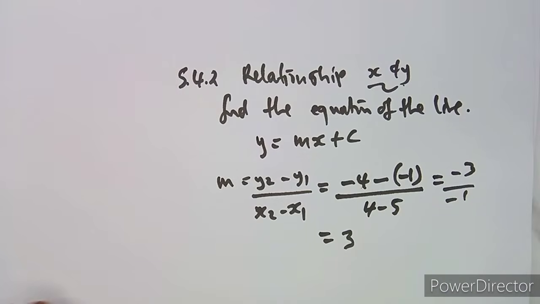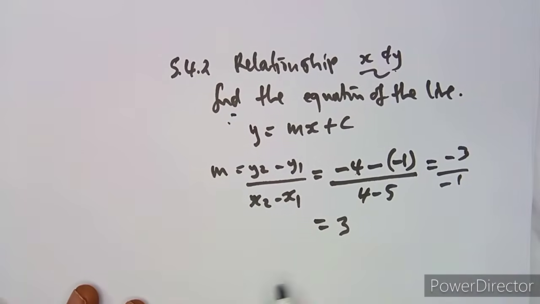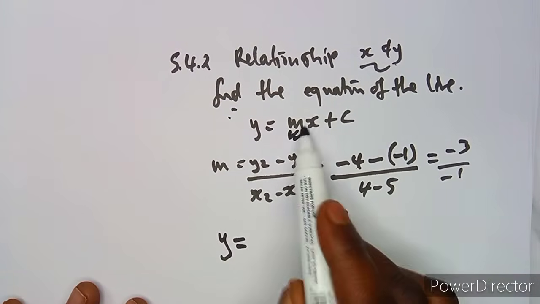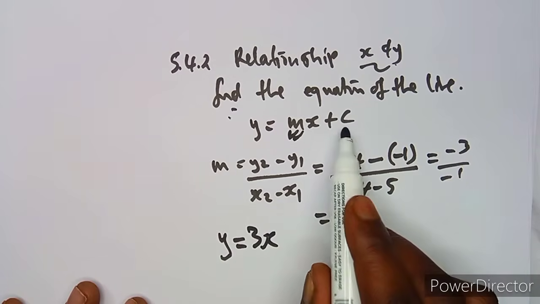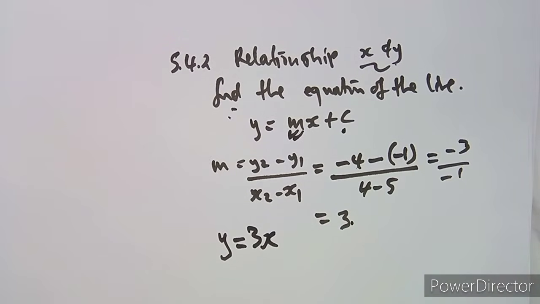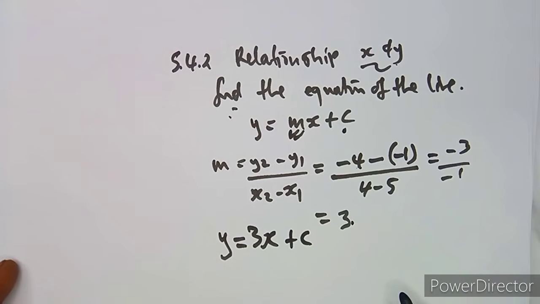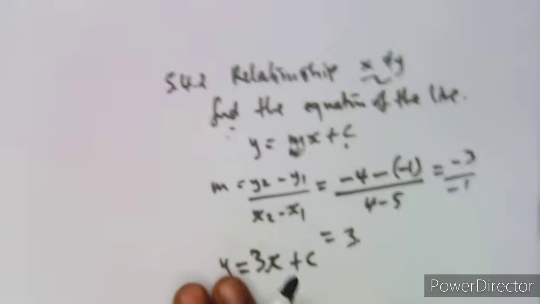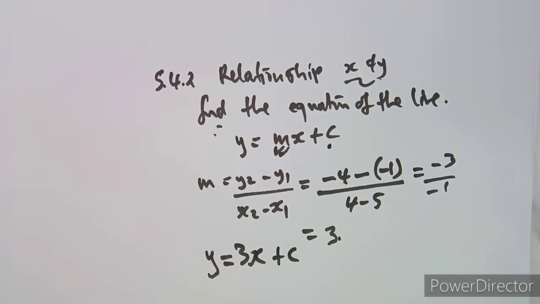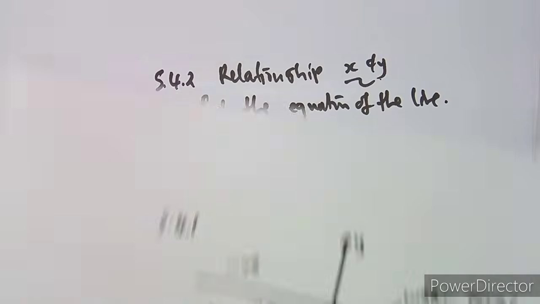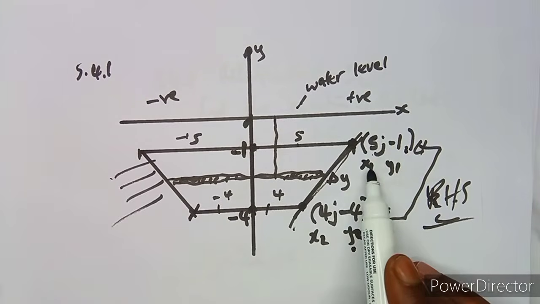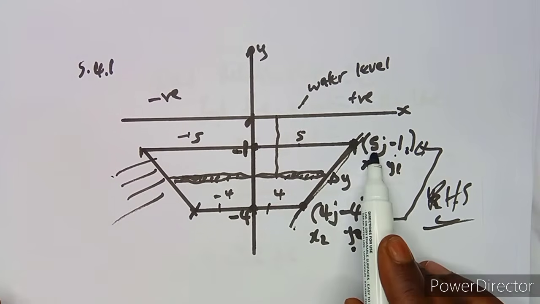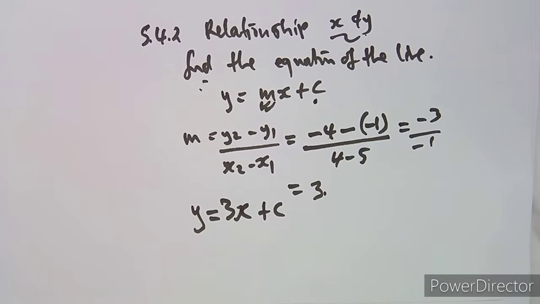We have got the gradient, but we need the equation. Remember the relationship, find the equation. So the gradient now, y is equal to m, that's our gradient 3, so y is equal to 3x plus c. What is the y-intercept? We have to find this y-intercept, guys, so plus c. How can you find the y-intercept? You just substitute from the 2 points that you had. Okay, these points are here. From those points, just choose any of your choice. I'm just going to choose this one. Y is equal to minus 1 when x is equal to 5. So in place of x, I'm going to substitute 5, and y is equal to minus 1, because I need to find the value of c.